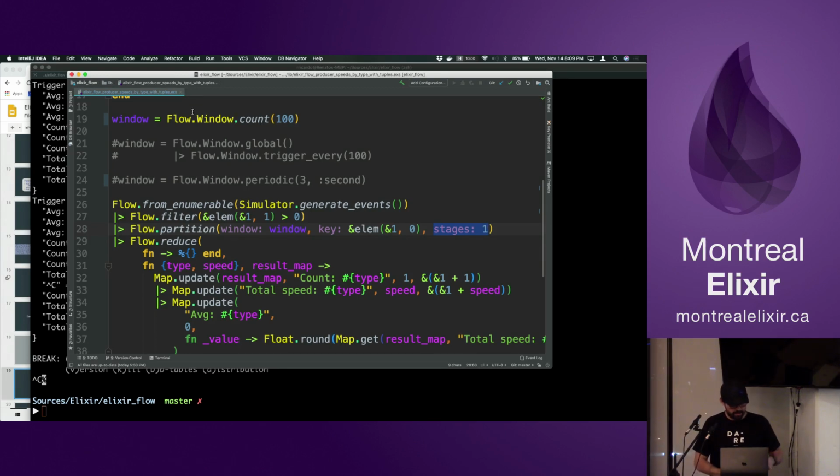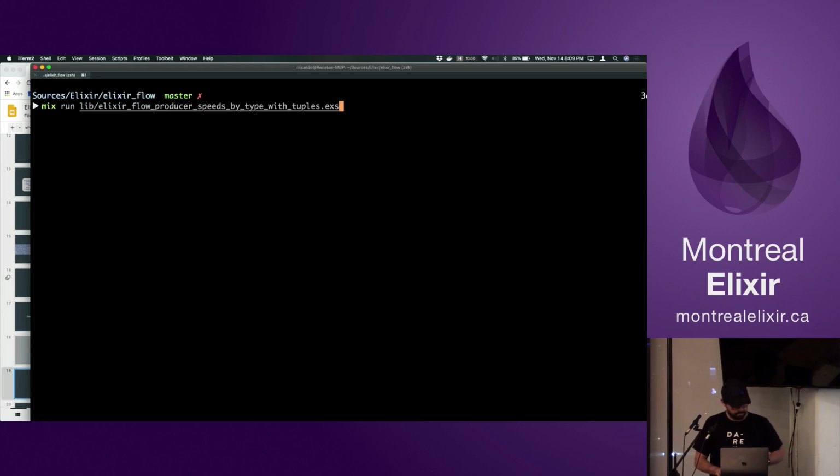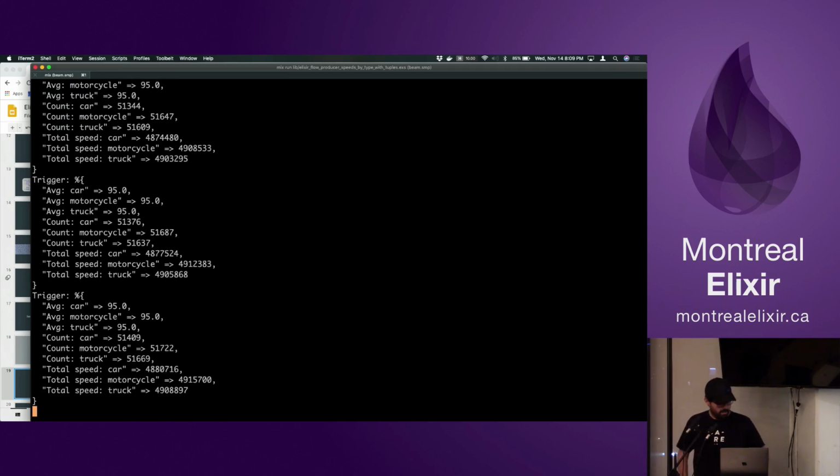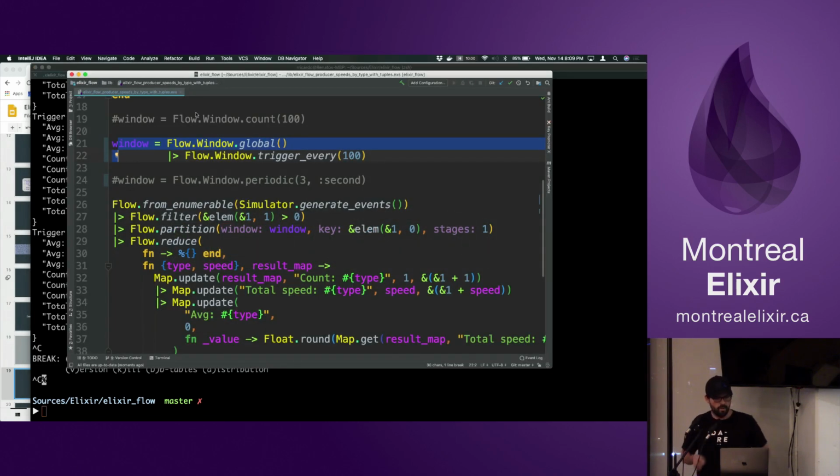So let's change this for those two guys. Now I'm doing a global window, so I have only one window for everything, and then I put a trigger every 100, because if I don't put that trigger, it's gonna be the same window, it's never gonna call the trigger, and we are never gonna see the results.